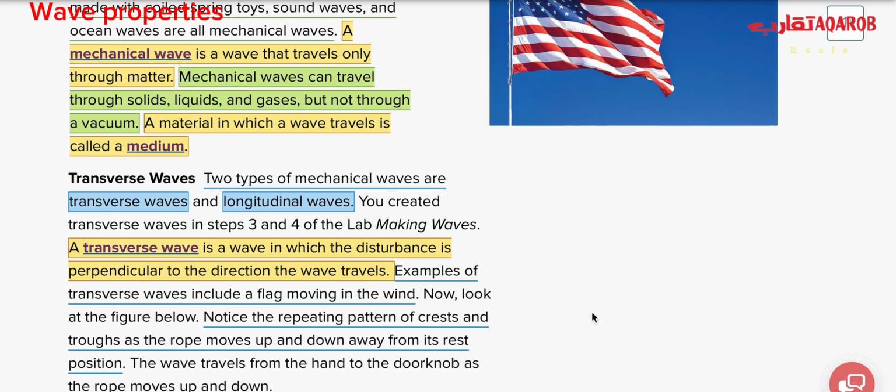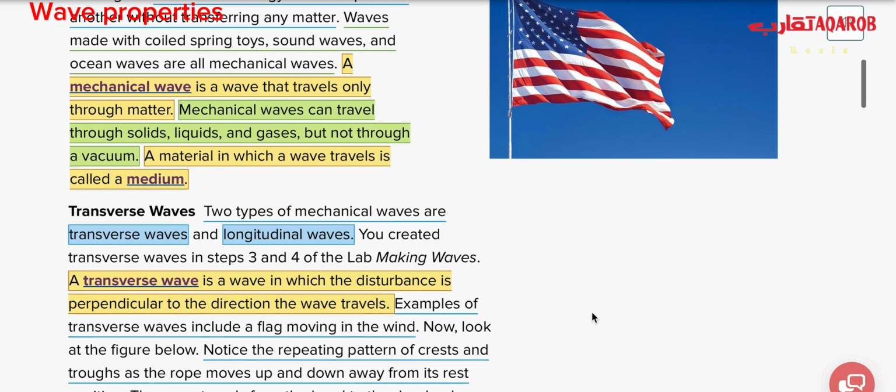wave. Okay, for example, this flag is moving. As you see, this is the direction of the waves that are created in this flag. Okay, so since the disturbance is perpendicular to the direction of the waves, they are perpendicular. Perpendicular means they create a 90-degree angle. Okay,